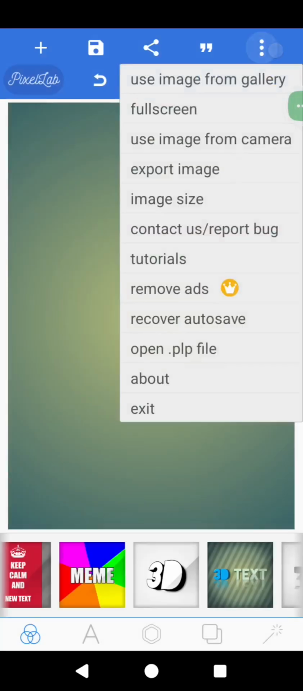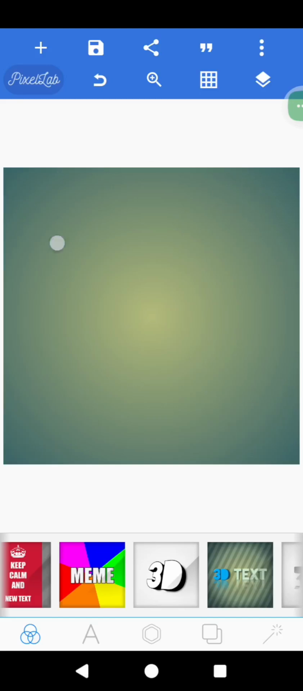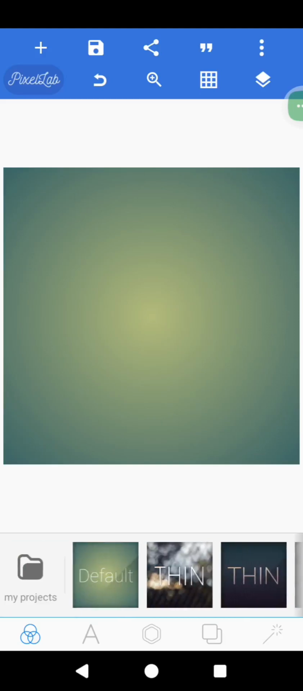Can you see this? It depends on what you need. But the default canvas size is 1280 by 1280. Yeah, this is the default canvas size, or canvas space. Okay, now having understood that,